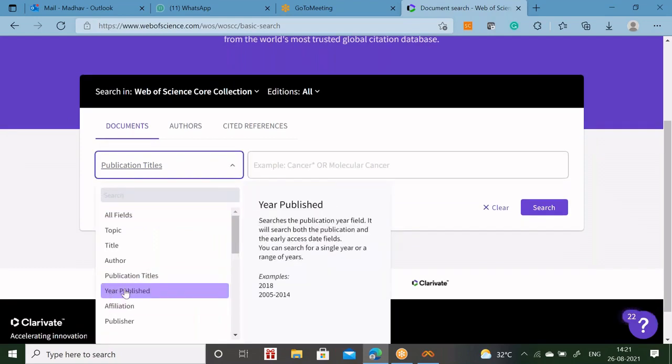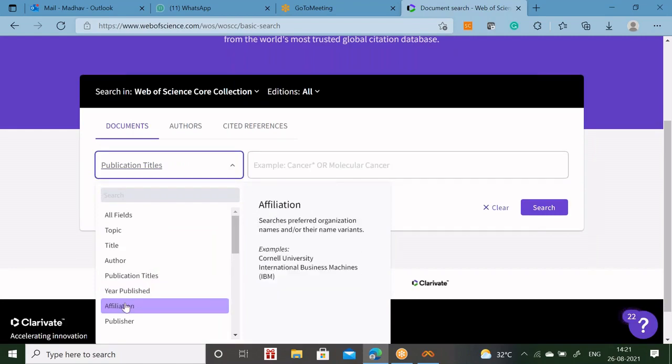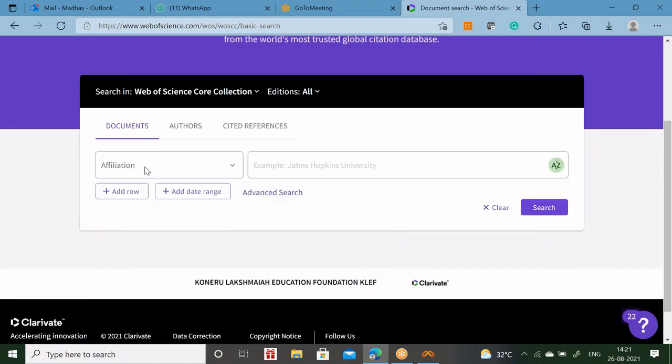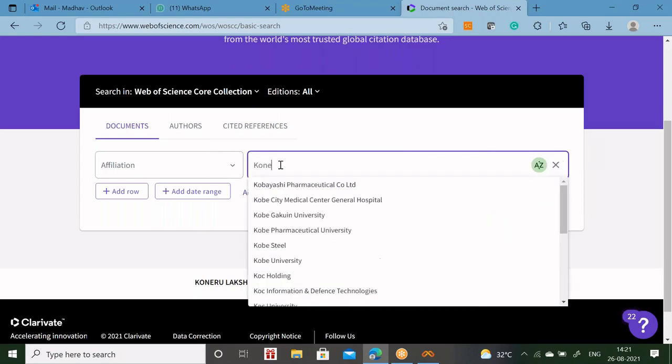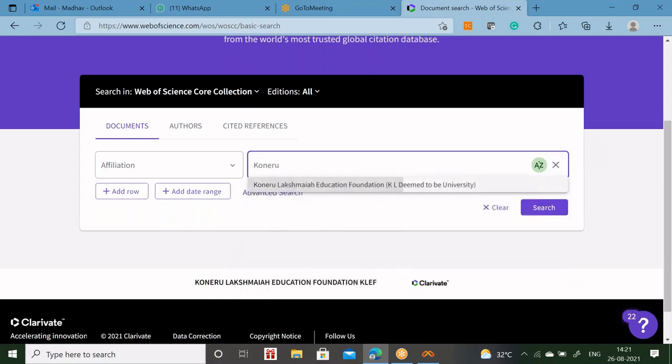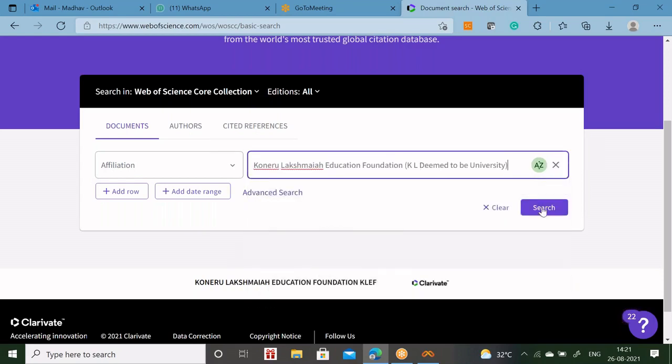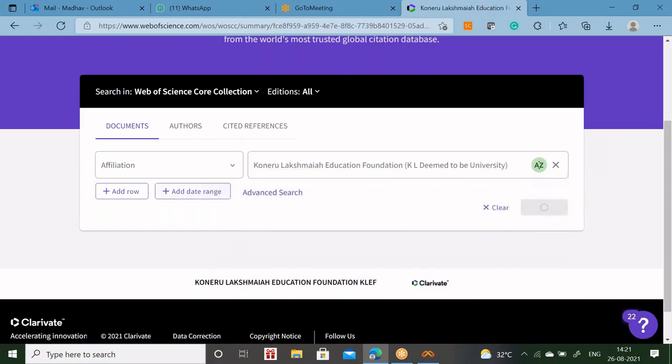And next, years published. Based on years also you can verify. And affiliation. So for any institute, you can see how that institute is progressing. So that analysis you can do. Just take affiliation. I am typing my institute only, Koneru Lakshmaiah Education Foundation, KL University. If you click search,